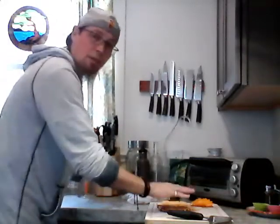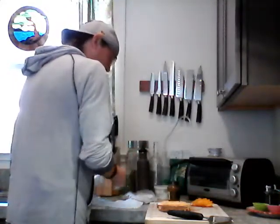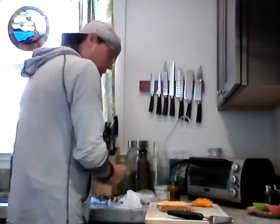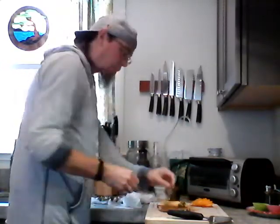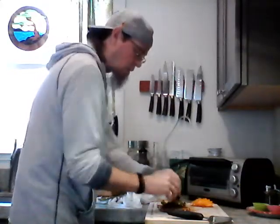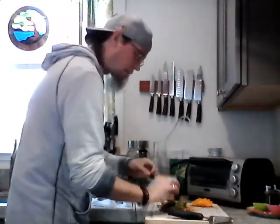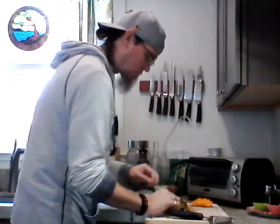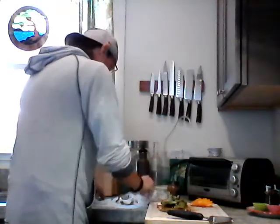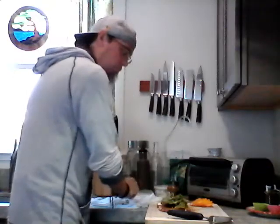Now what I'm going to do on the other side, which is also to protect, and this is why you dry your lettuce, is put my lettuce on that side. I've got my lettuce nice and dried, and I'm going to put my lettuce down on top of the Dijon mustard side. Get all this lettuce, get it right in there. Actually have more than I thought I was going to have, which is nice. It's nice roughage, and it also gives it a little bit of texture, a little bit of crunch. So when you bite into that sandwich, it's going to...